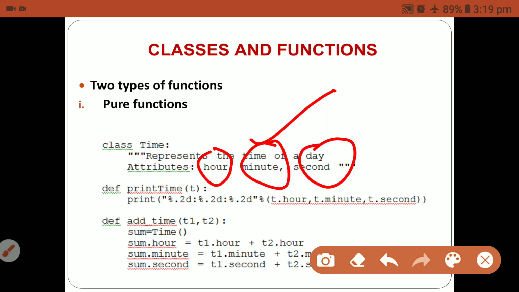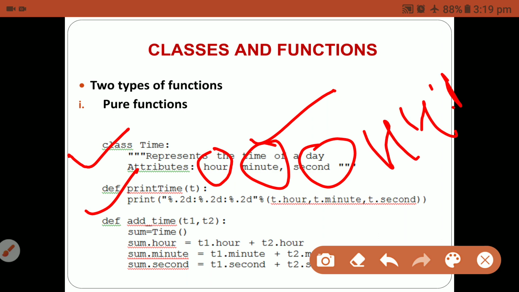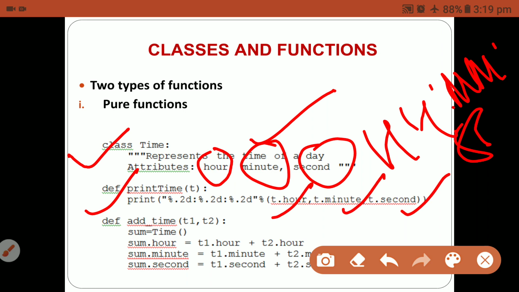Then write a function to print the time, in the form of h, m, and s, using t.hours, minutes, as well as seconds.